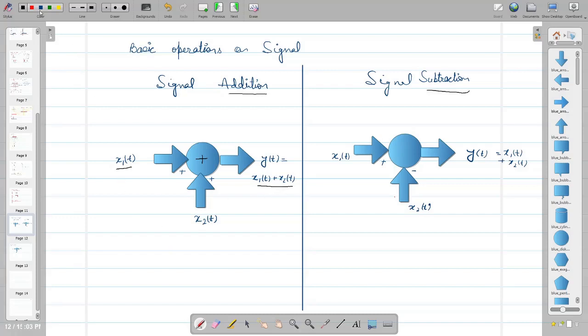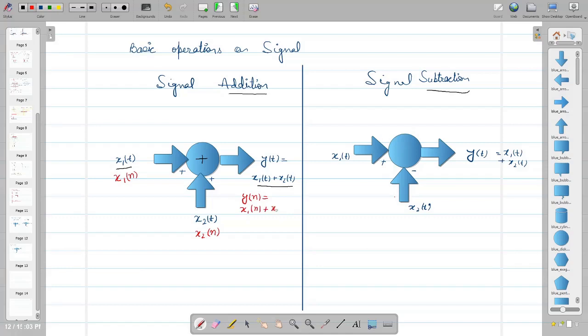If I represent this in the discrete domain, I will write x1[n] and x2[n], where n represents the discrete domain. We are adding two discrete sequences and we land with y[n], which is equal to x1[n]